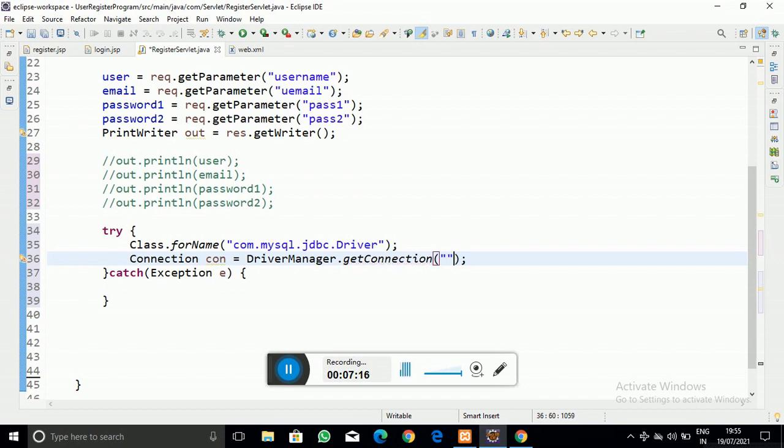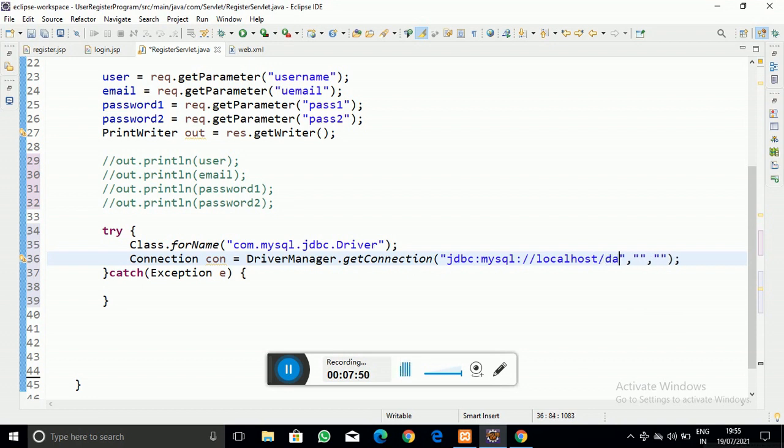That method has 3 parameters: the very first parameter is the database URL, the second parameter is the database username, and the next parameter is the database password. So I am going to write jdbc:mysql://localhost, that is the host name, / our database name.